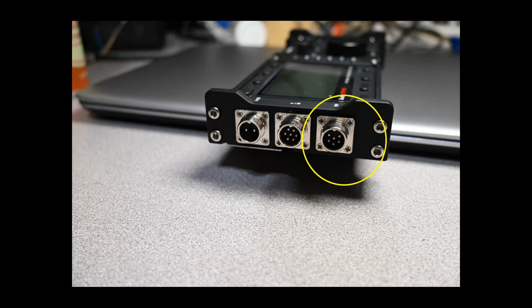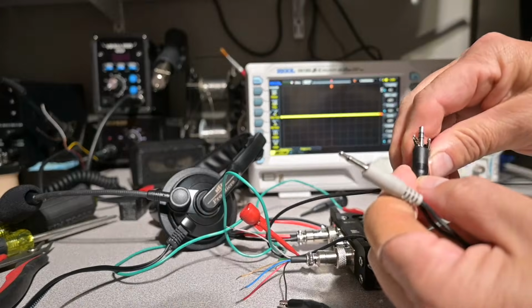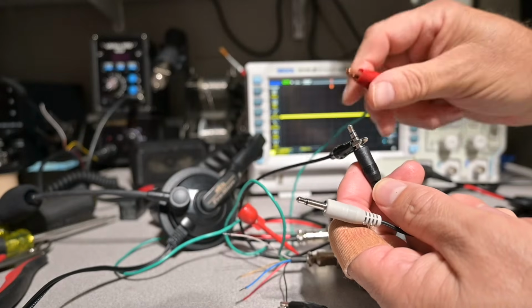The connector is a GX12 family female 6-pin connector. Here is the pinout looking at the back of the connector. The first connection we will discuss is the receive audio, which is pin 1 and pin 4. The receive audio on this radio is balanced, meaning that the output is not tied to chassis. Do not ground either audio output, and when connecting this radio to test equipment, you need to use an isolation transformer. Connect audio low to the sleeve, and audio high to the tip,